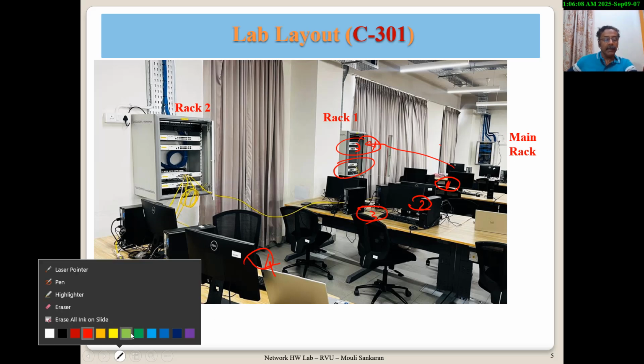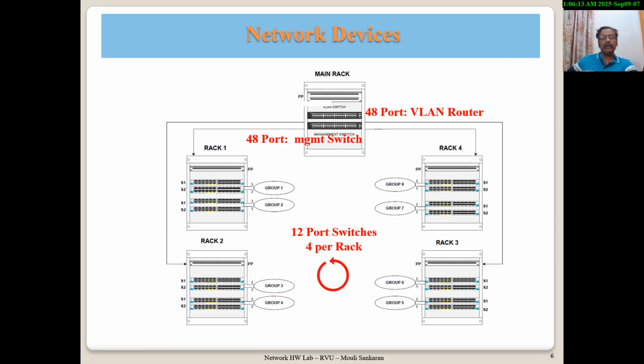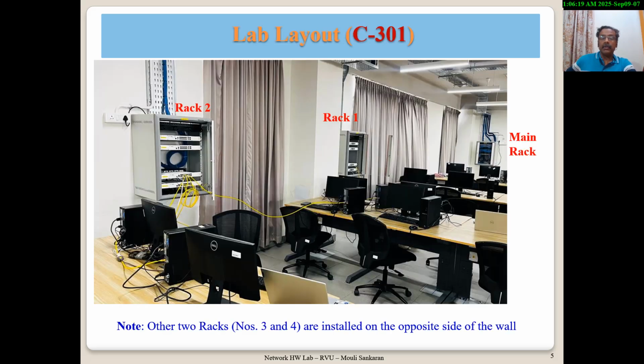Now this is clear. Now let us look at what are those devices that we are talking about. This is the main rack which is there near the screen, which you can see there, right? This is the main rack which you will not be using at all. Maybe only the teachers may connect to that and use it. Though you will be using it through connections coming to your racks,